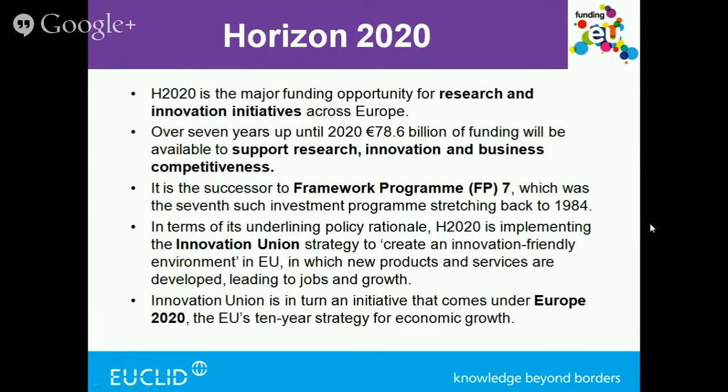Here we go, what I've just been saying at the very beginning: Horizon 2020 for research and innovation, 78.6 billion, there's the correct figure. Research, innovation and business competitiveness. It's the successor to the 7th framework program, which, as some of you may know, was the successor to the 6th framework program, which followed the 5th framework program, and so on all the way back. These framework programs were the programs that invested in similar R&D activities. As part of Europe 2020, there is this innovation union strategy to create an innovation-friendly environment